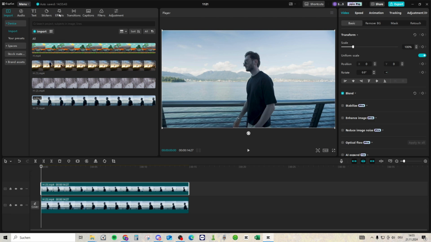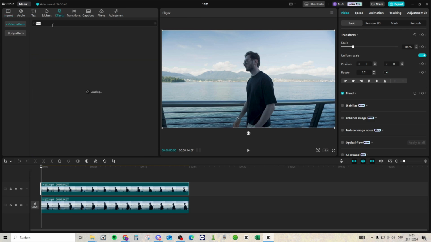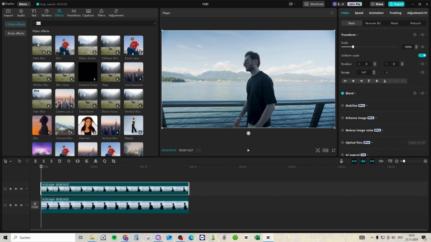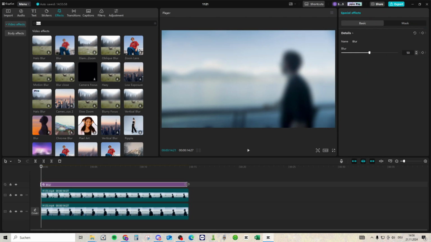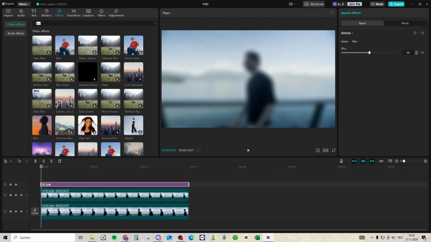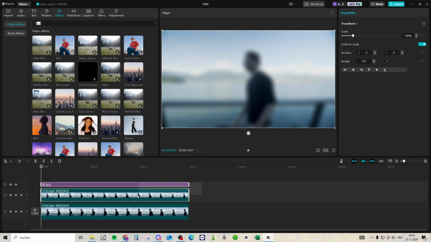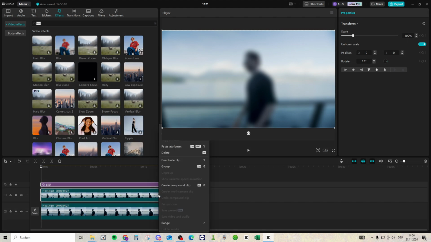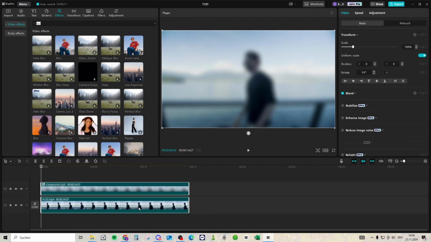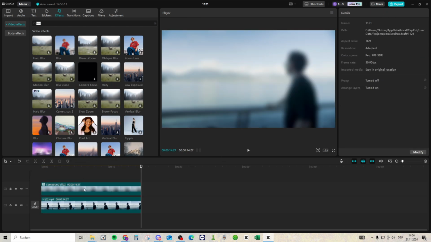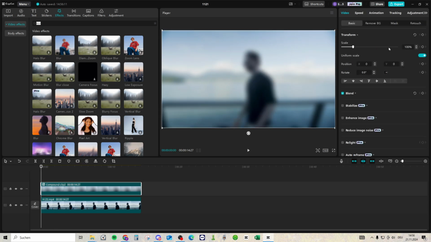And now you want to go to effects and type in blur. Then just use the second effect, so this normal standard blur effect, and now drag this blur effect over the whole second video. And now mark the two top layers and right click and create a compound clip. Now we have this complete blurry picture and we want to just select the upper clip right now and go